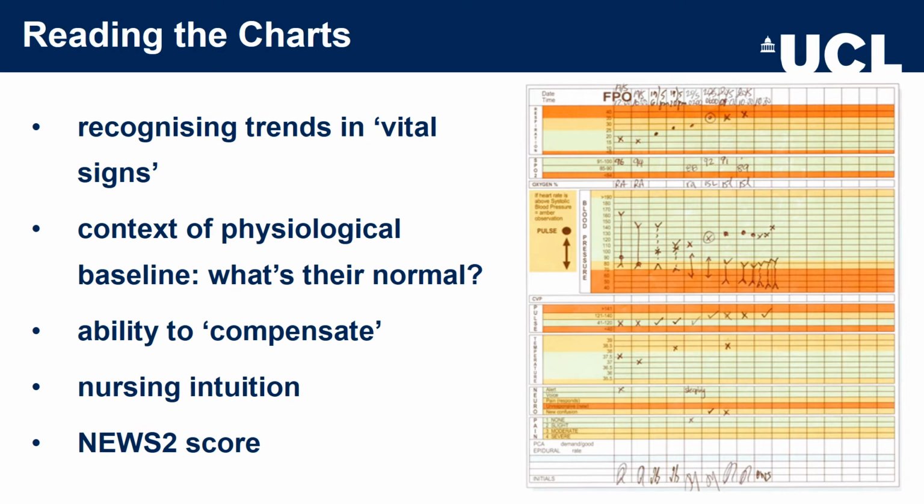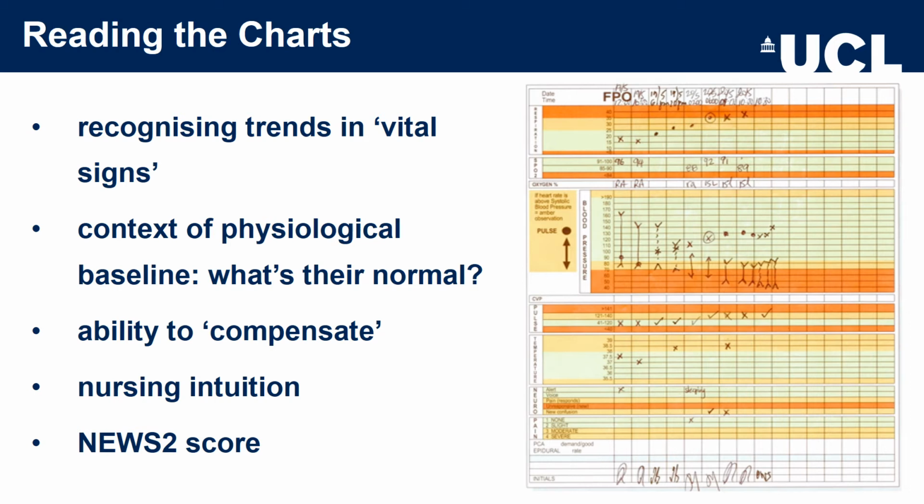Some patients, of course, will have a normal high blood pressure. Others will have a normal low blood pressure. So, for example, those who have chronic kidney disease and are dialysis dependent often tend to have hypertension, whereas young teenagers who have eating disorders tend to have low blood pressure. So it's important that you read any observation chart or any NEWS score in the context of their physiological baseline